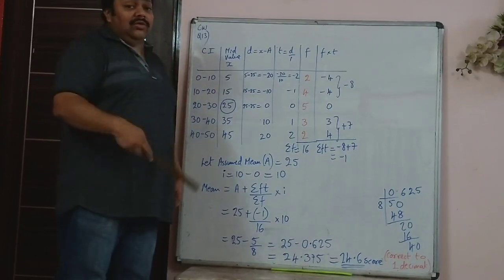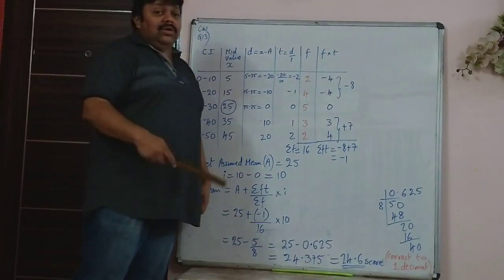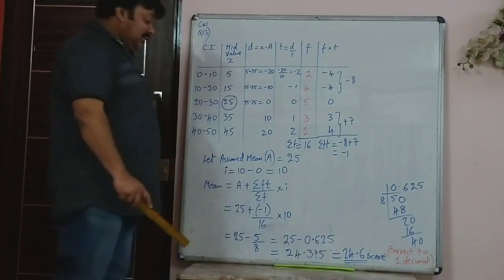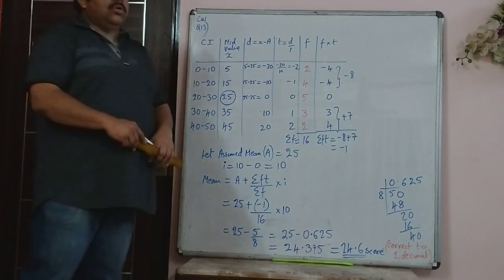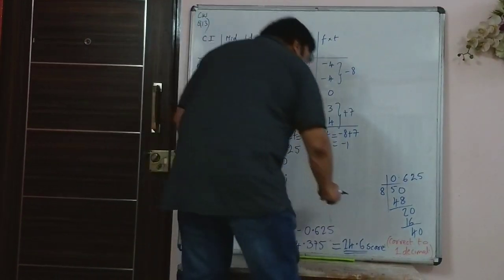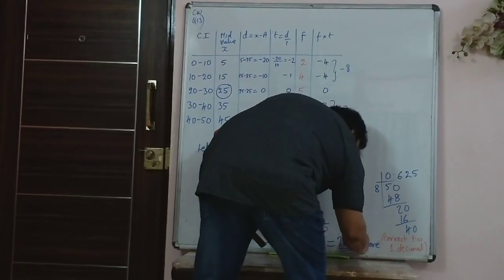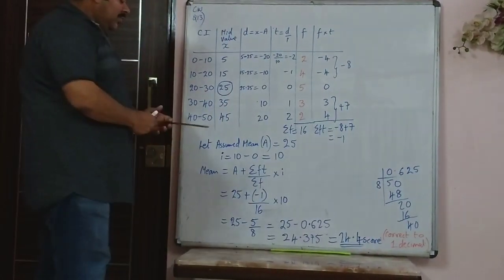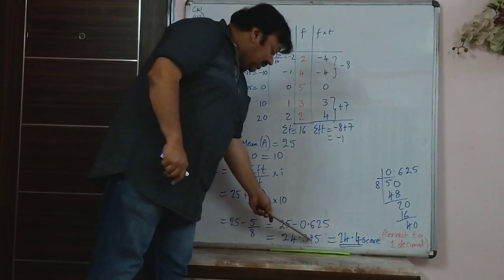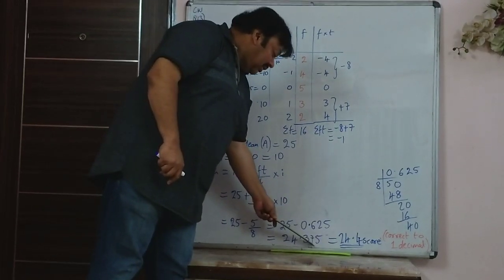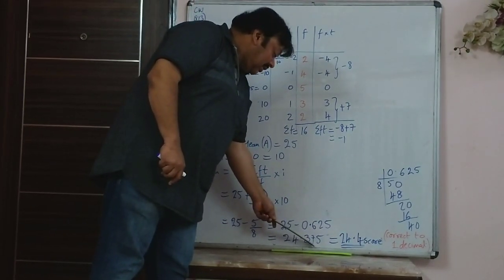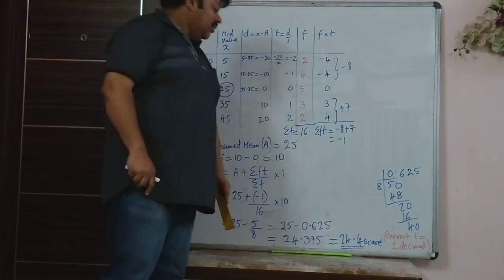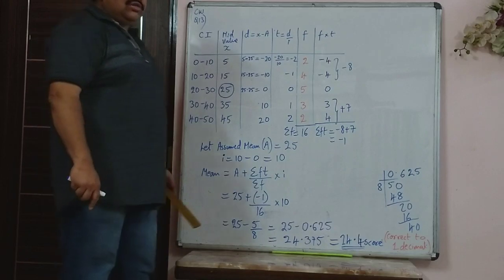See, that is one thing you have to be sure you are doing, because if the answer is not given correct up to 1 decimal place, then in that case you will get it wrong. So in this case, when you find the answer correct up to 1 decimal, the answer is 24.4375. Because the second decimal place is greater than 5, you will add 1 to the previous decimal place.